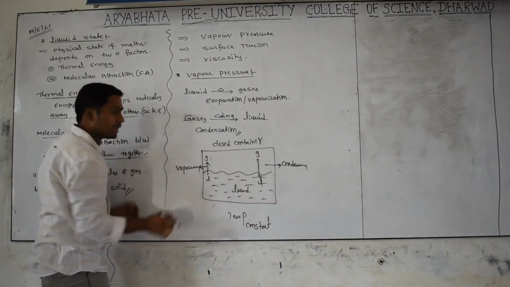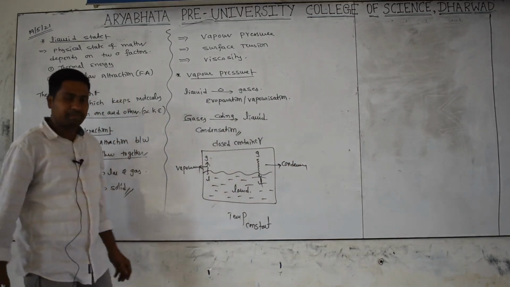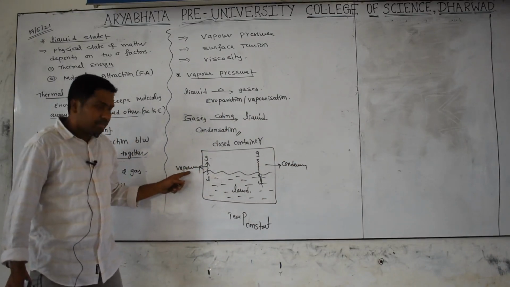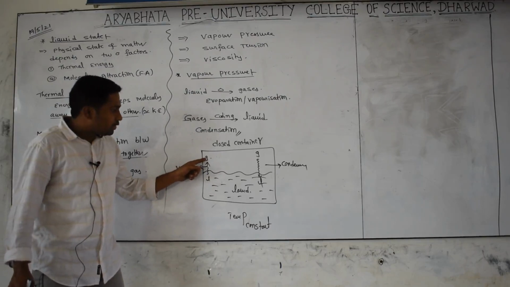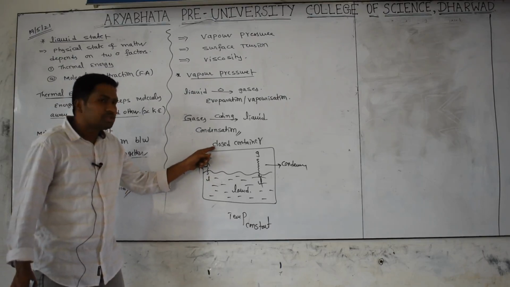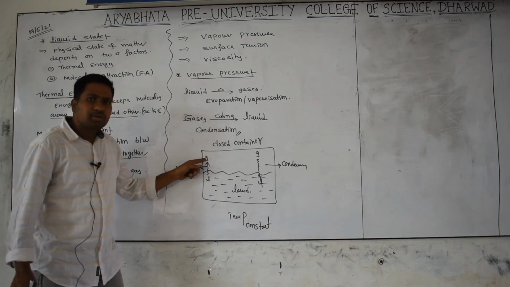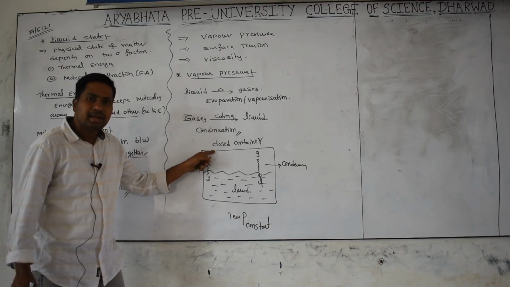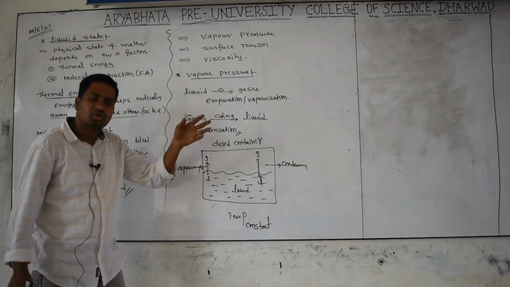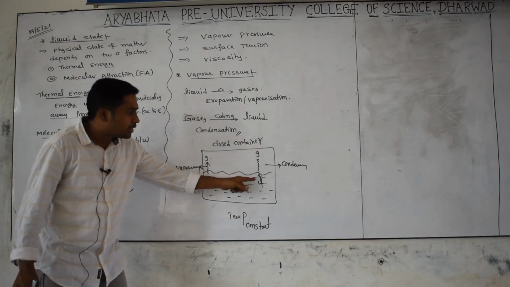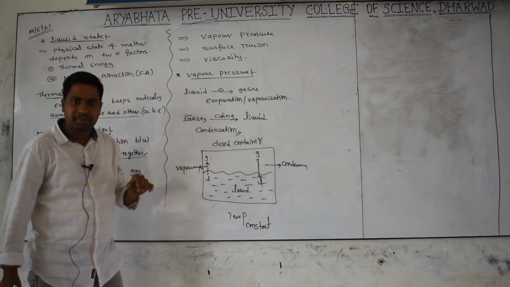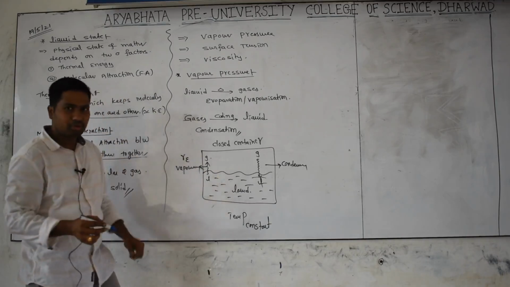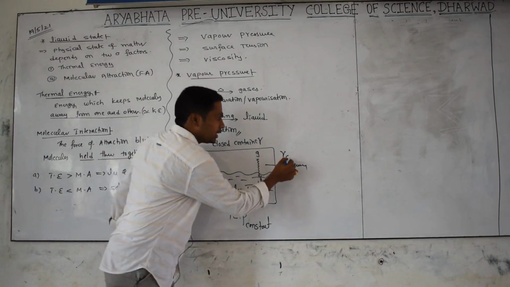This phenomenon is called vaporization. Once again, look carefully. If the liquid particles convert into gas particles, it is called vaporization. After converting into gaseous particles, they will not come outside because it's a closed container. Though the gas particles have a lot of kinetic energy, they collide with the walls of the container and lose their kinetic energy to the surroundings automatically. Then gas particles convert into liquid particles, called condensation. This is the rate of evaporation, the speed of evaporation. This is the rate of condensation.